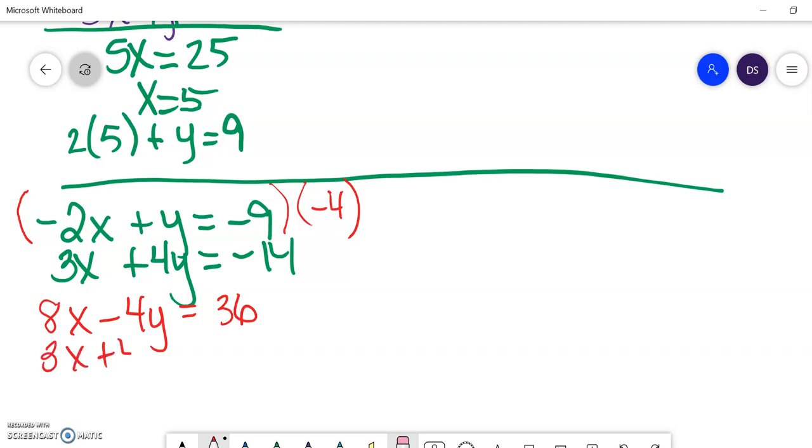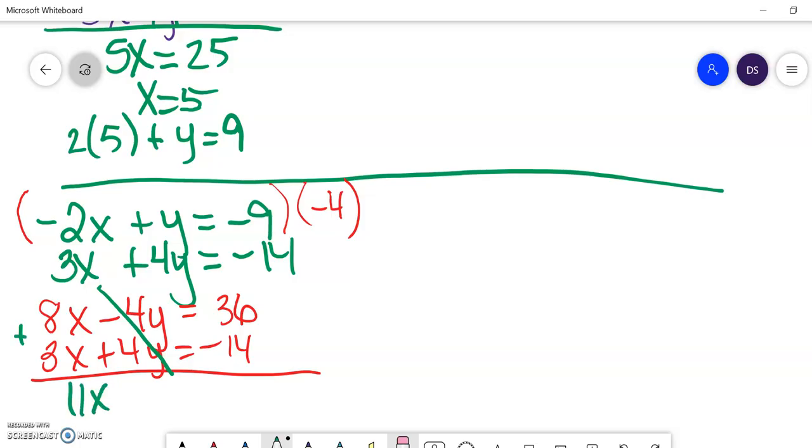And then we didn't do anything to this equation. And now if you notice, we have opposite signs. And when we add the systems, they cancel. So we get 11x equals 22. And we get x is 2. And when you look at the original two equations, I think the top equation is easier to work with to find y. So substituting in 2,